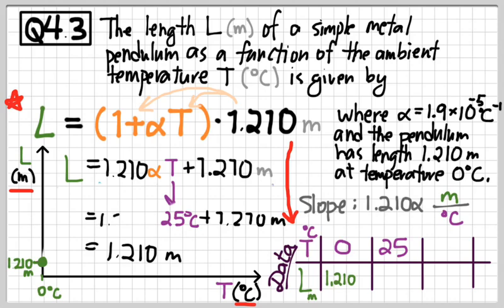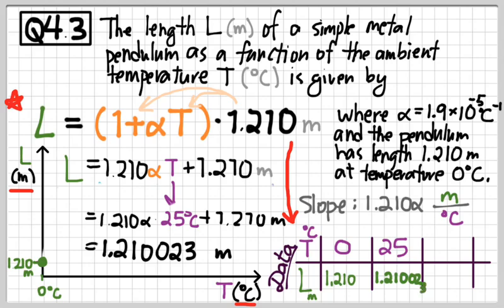So we just need to do a little bit more arithmetic this time. Multiply 1.210 times alpha, and we have a value for alpha. It's just 1.9 times 10 to the minus fifth. Multiply that by 25, add 1.210, and let's see what we get. All right, so when you do that calculation, you find out that the length of the bar at room temperature, length of the pendulum,